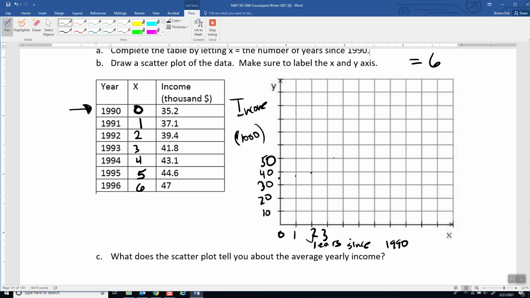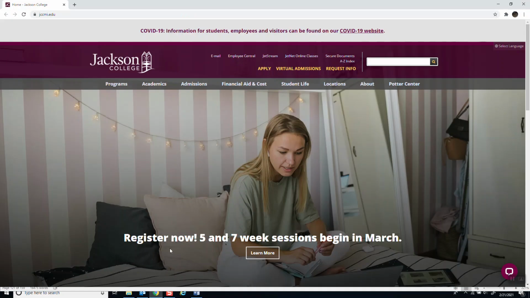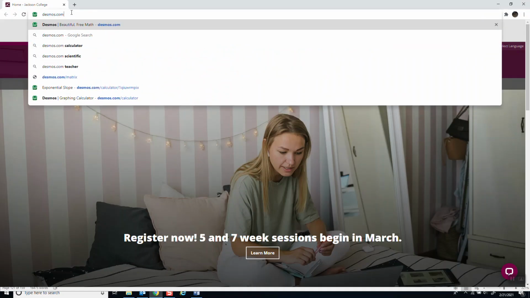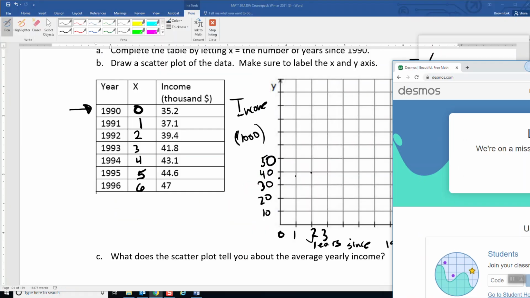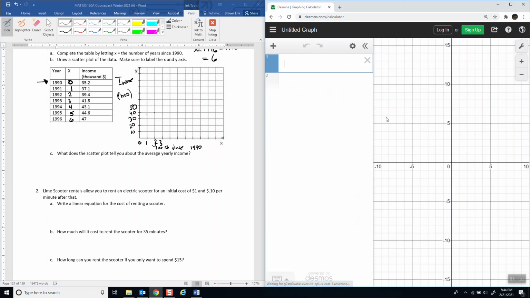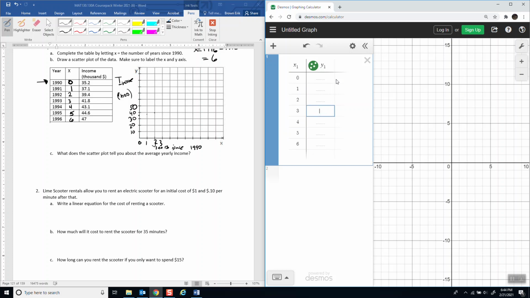What we really want is to go to Desmos. So let's pull up Desmos. And let's get the actual scatter plot of this, not our hand-drawn best approximation of this mess. So recall from all the stuff we've done, if we're putting in a table data, you add an item with the plus sign, pull up your table, and then just type in your stuff. 1, 2, 3, 4, 5, 6. Good practice in counting, and then 35.2,